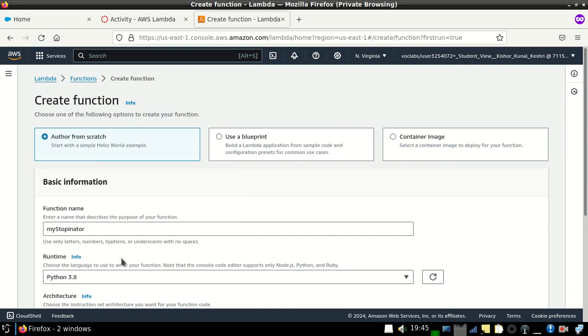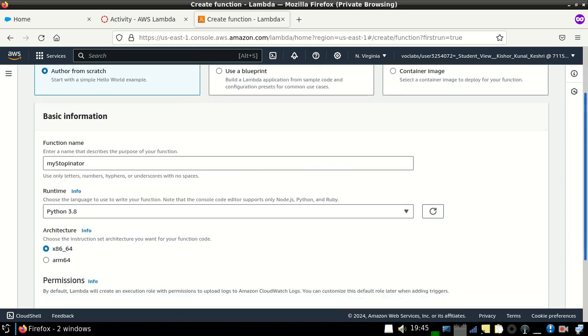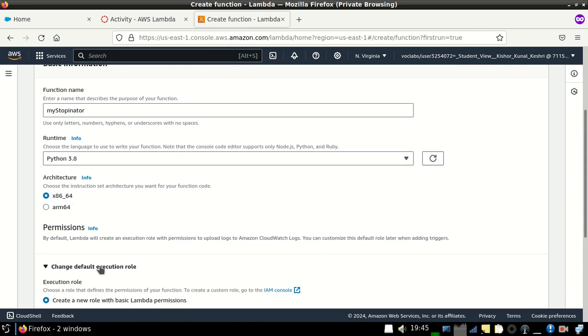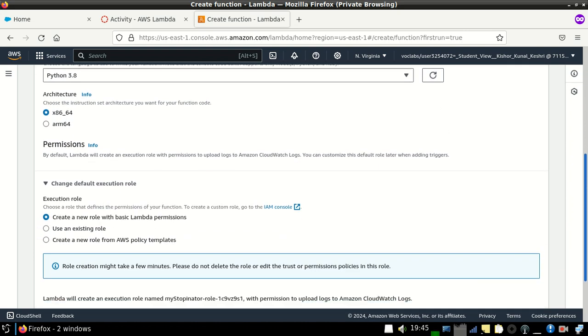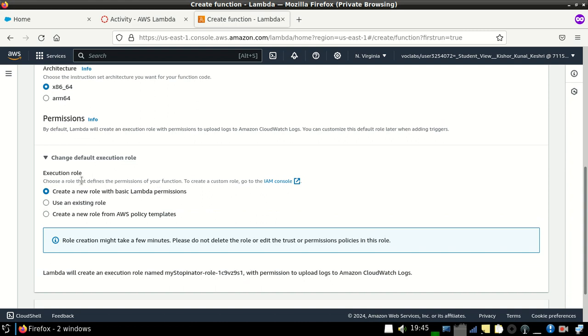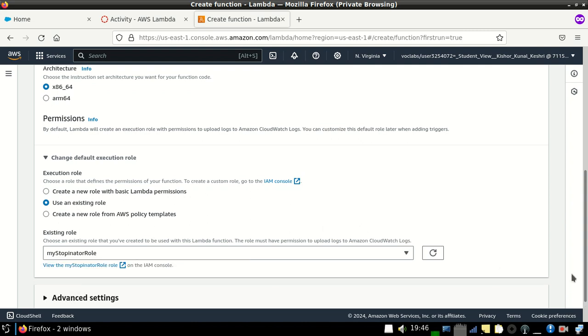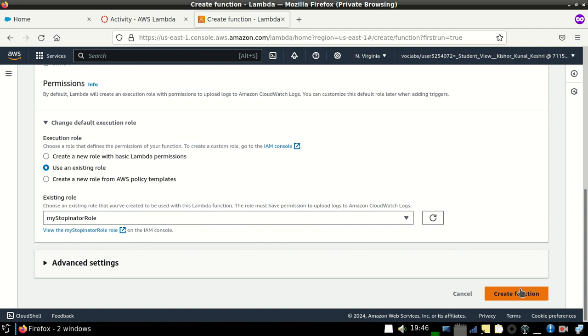Now the architecture is x64, no need to change anything. Now the execution role should be use an existing role and it should be my stop initiator role. Okay, now create this function.